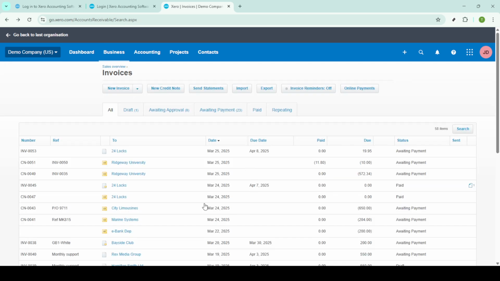And there you have it, a straightforward guide to viewing and handling deleted or voided invoices or bills in Xero. Keep in mind that these steps help you maintain